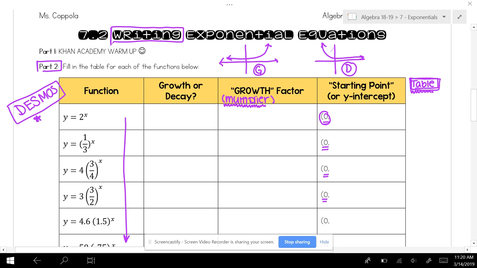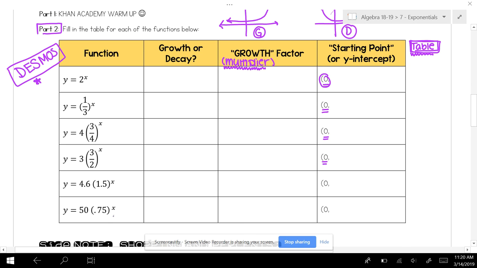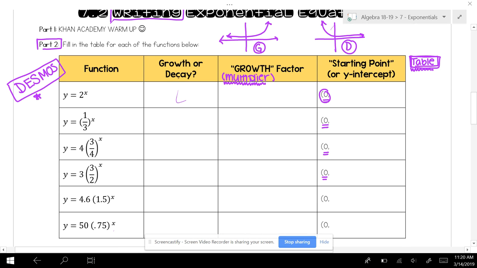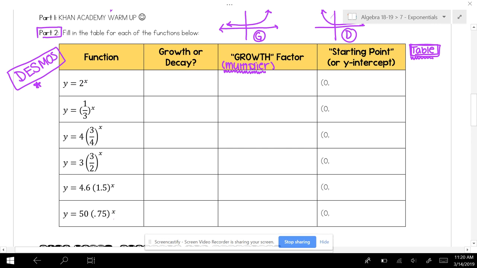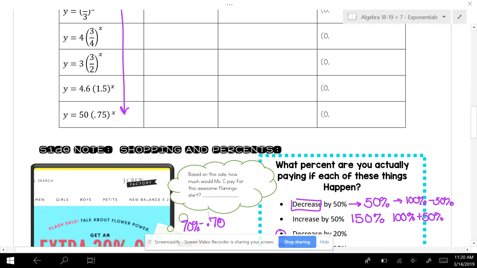So what I'd like for you to do is go on Desmos or use your TI-Inspire to graph all of these functions. Decide by looking at it if it is growth or decay. See if you can figure out a pattern, okay? I'd also like you to figure out the multiplier. How are we getting from one point to another? And last but not least, I'd like for you to get the y-intercept, okay? You can do that by either looking at the table or by using your brain. There is a clue in the function, all right? So moving on,